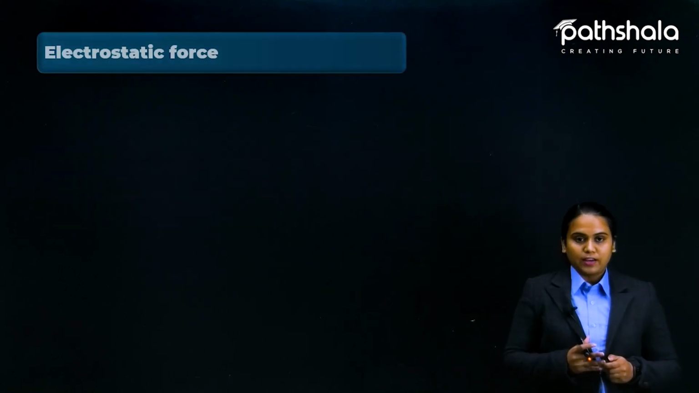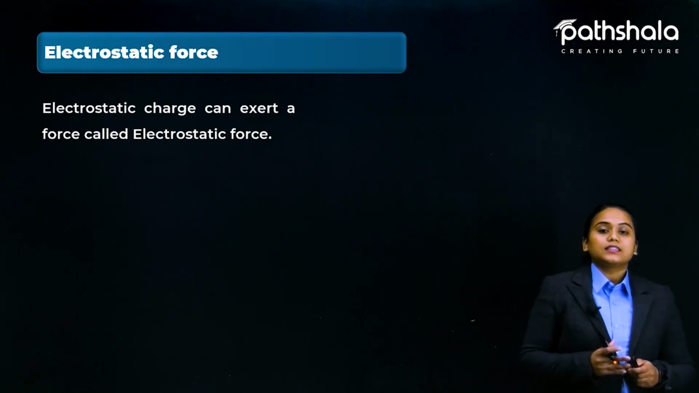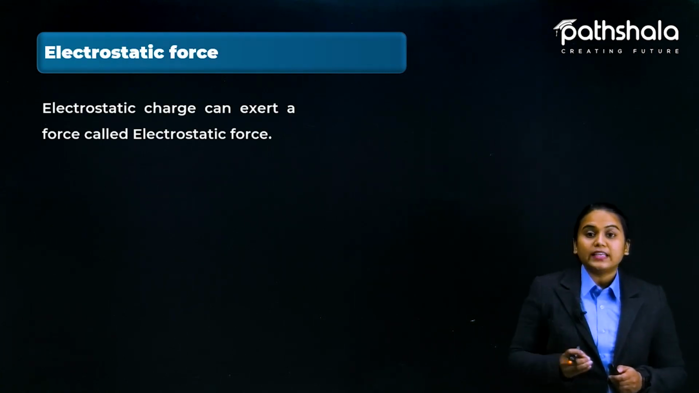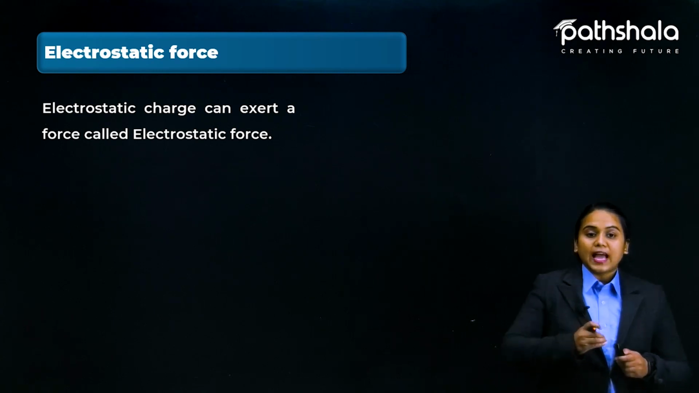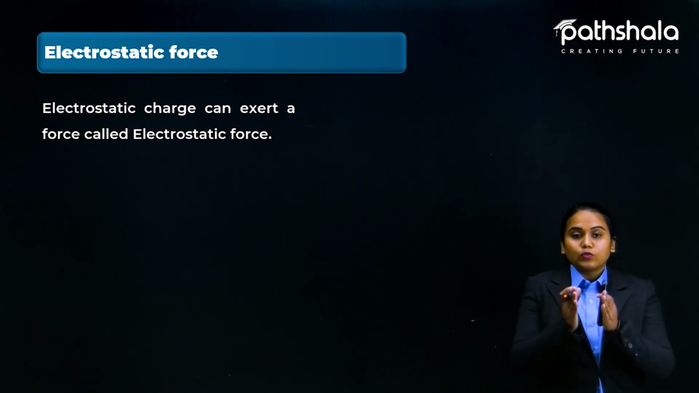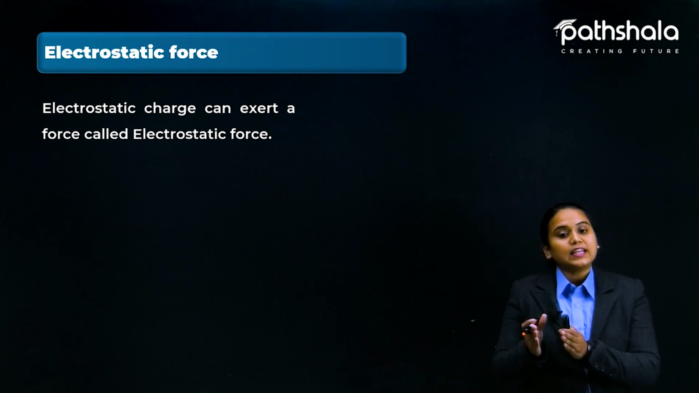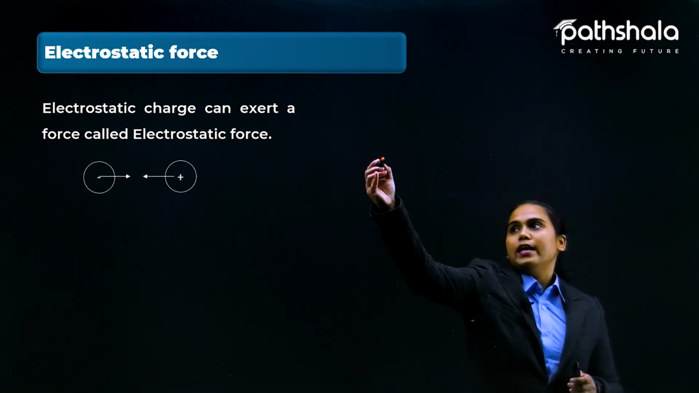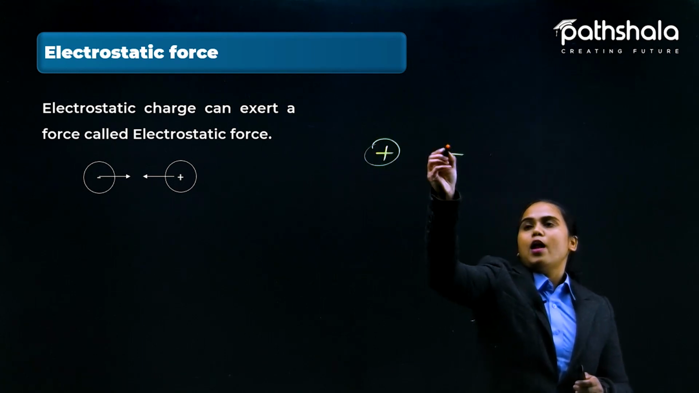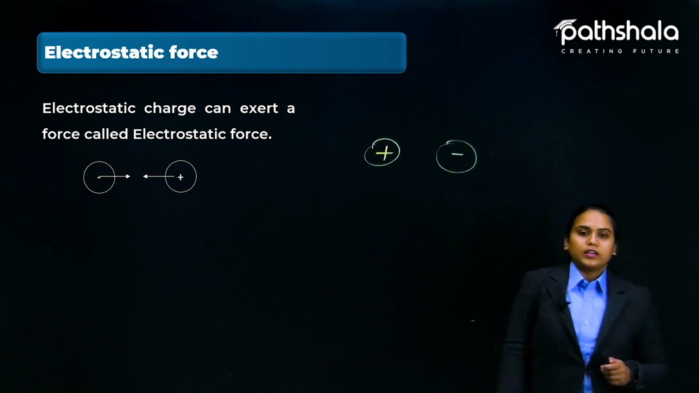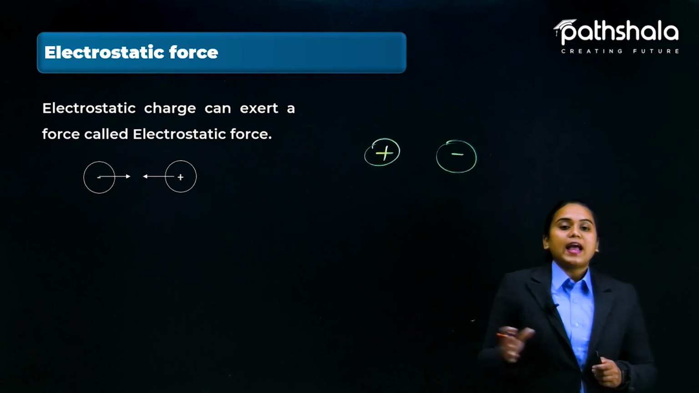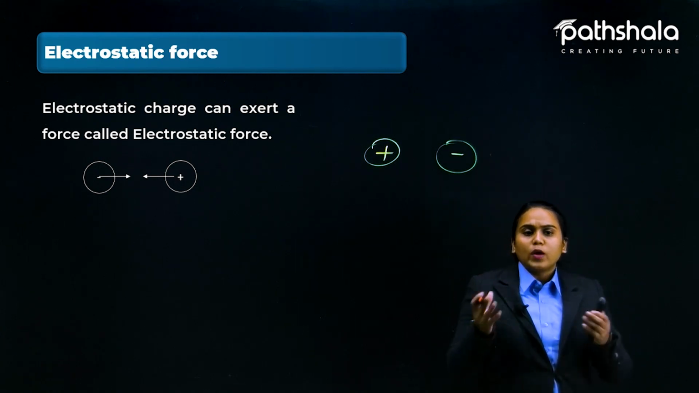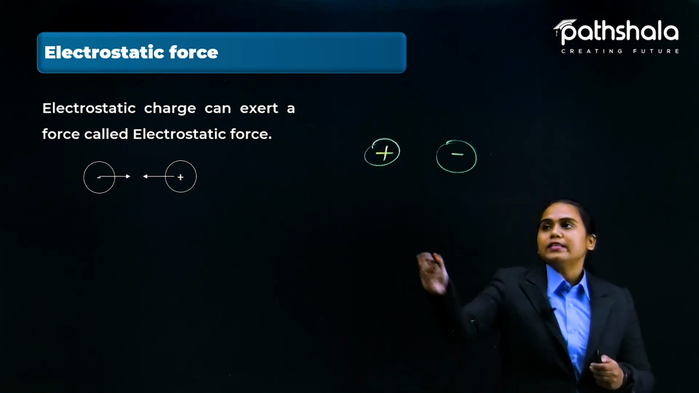What is electrostatic force exactly? It is the force that is exerted by charged particles, and that force is known as electrostatic force. There are mainly two types of charged particles. One is positively charged particle and one is negatively charged particle. So positive and negative, both these charged particles, where are they present? They are present in the